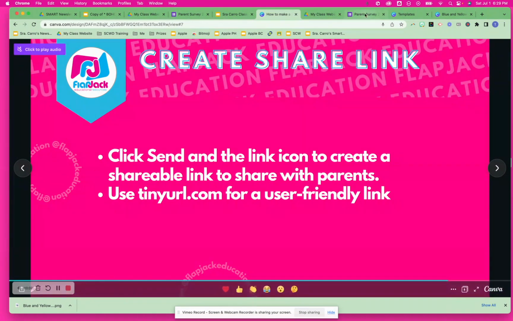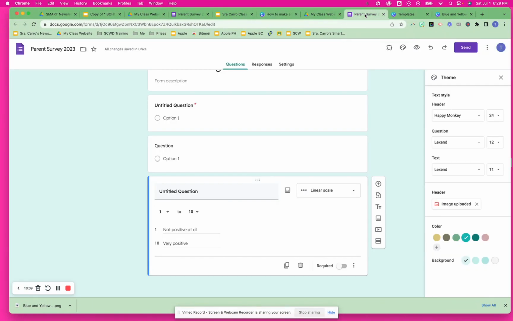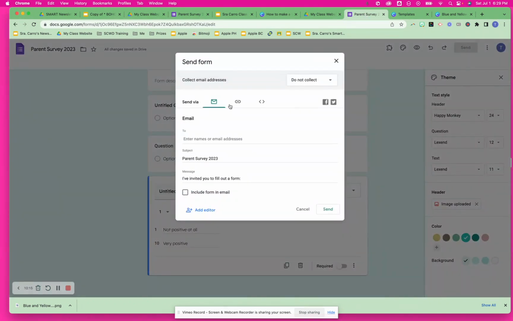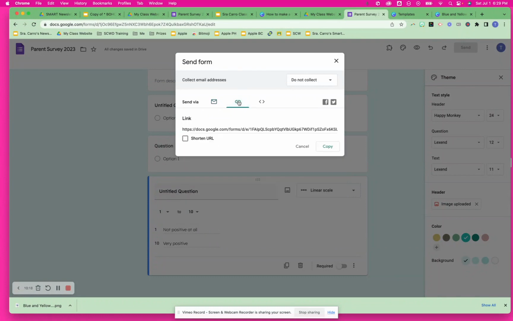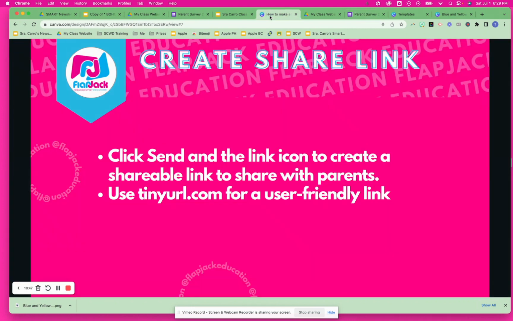And then you need to prepare the send link for parents to use. So for that, you will just click on send. And I recommend just clicking here to get a link. You can shorten the URL, but that would still be, for example, if you have an open house and you want them to do the form right there at open house, this is not something you want them trying to type into their phones in order to fill out. You want to make a more user-friendly link or make a QR code and put the QR code up on your presentation. And an option to do that would be